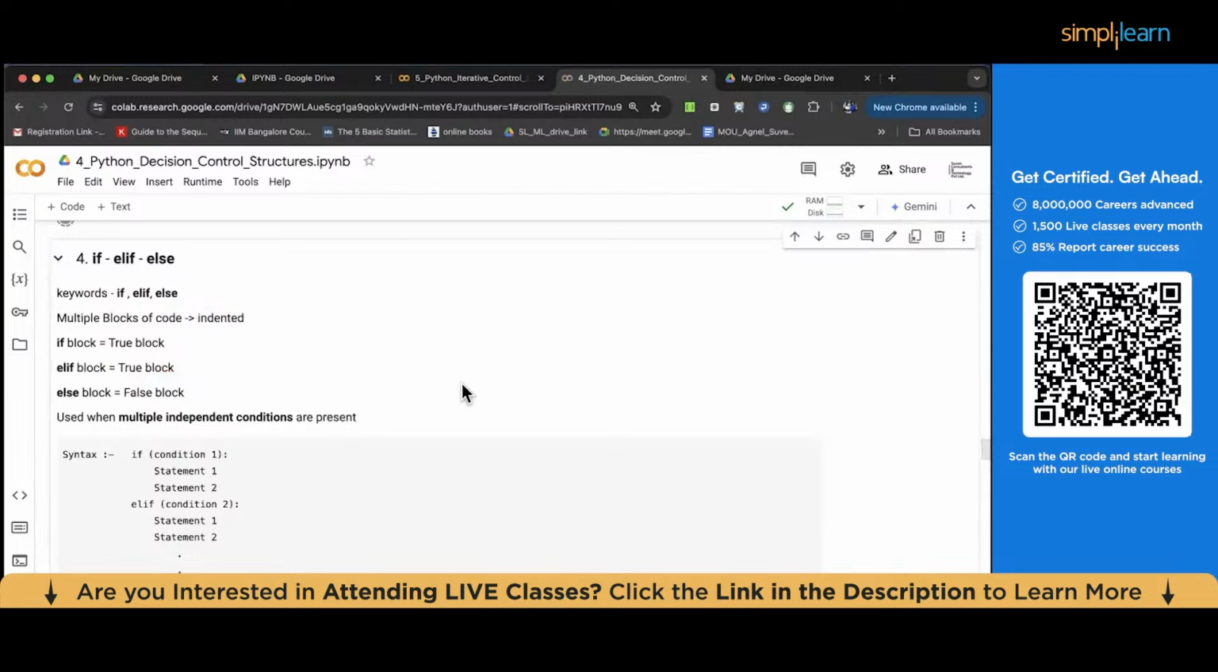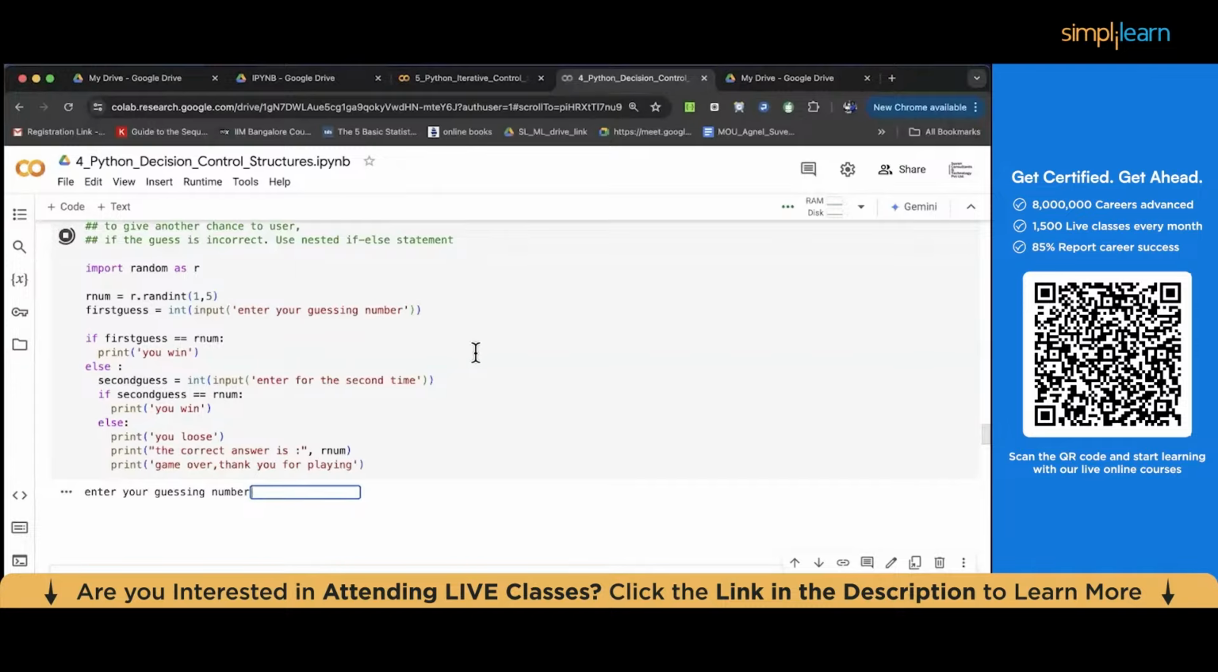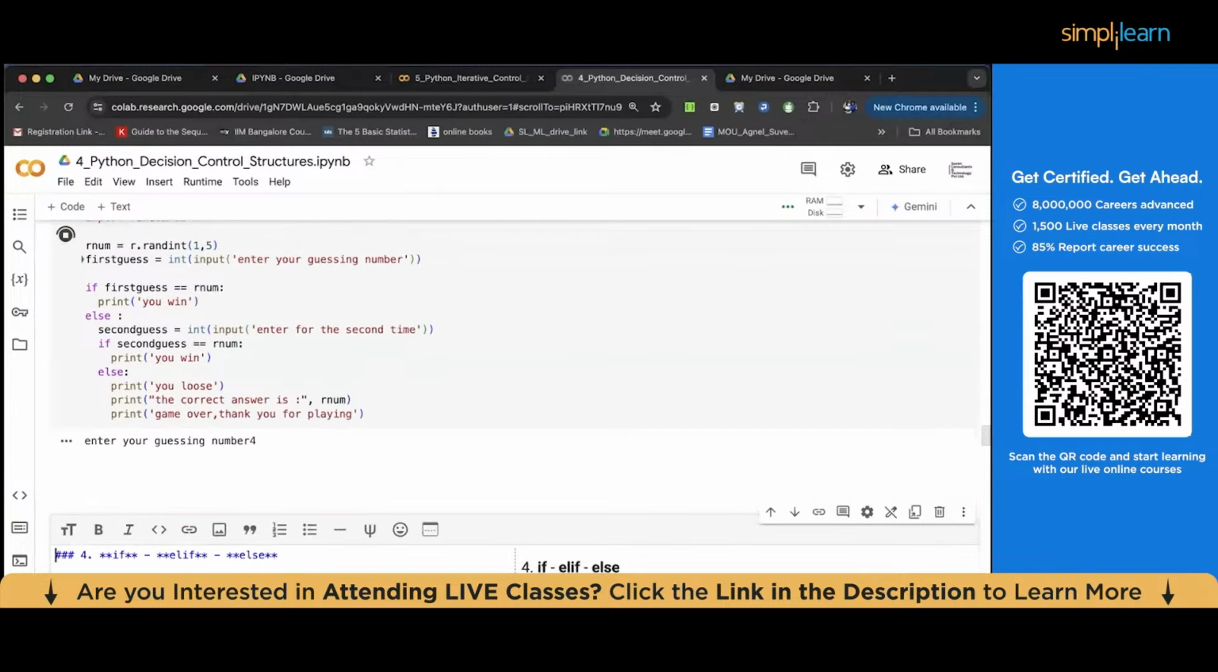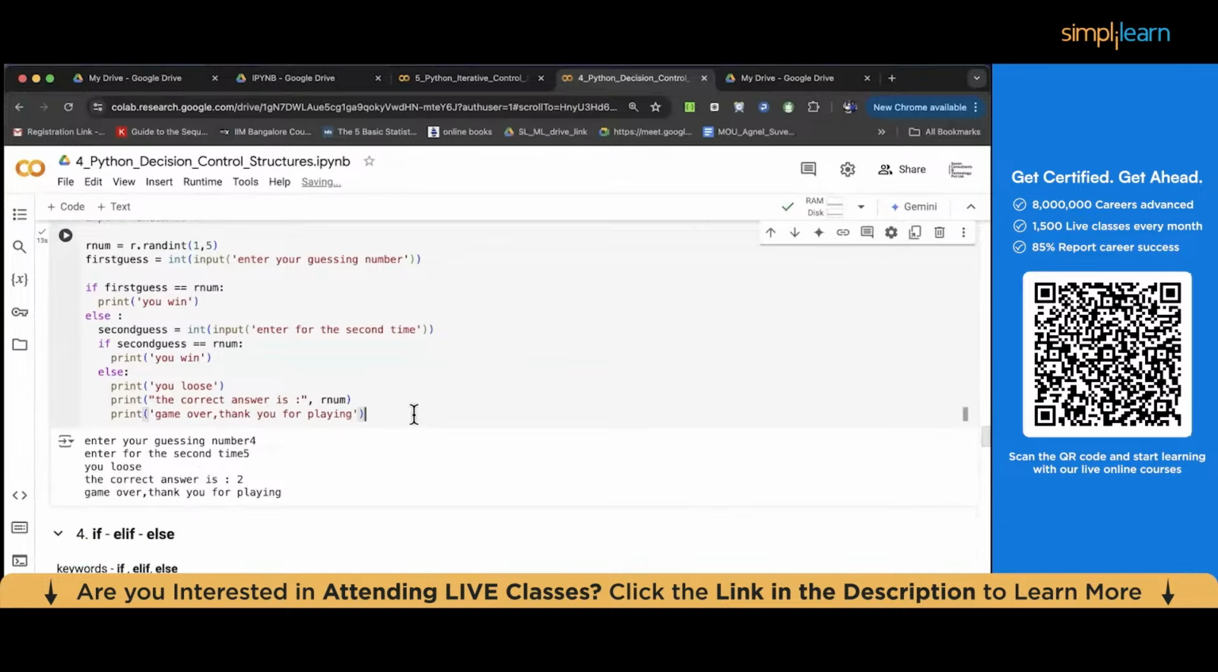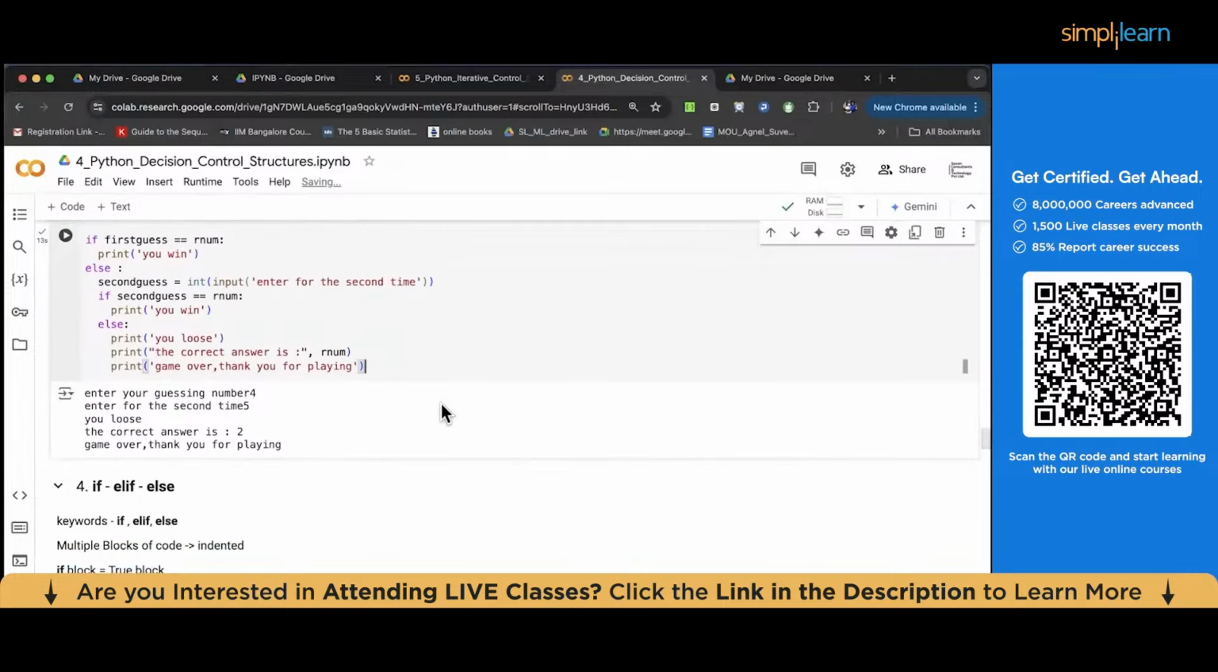Let's try doing this. Let's see. So I've entered 4. Oh my God, 4 didn't work. That means the number of the computer and my guess were different. Now I'll give 5. Oh my God. So you lose. The correct answer was 2. Game over. Thank you for playing. So this program is trying to use if else in a smart way so that I can give two guesses